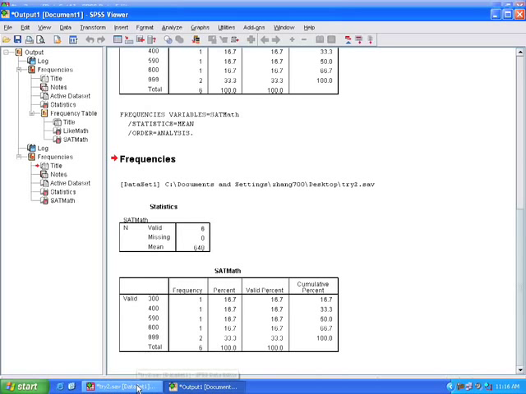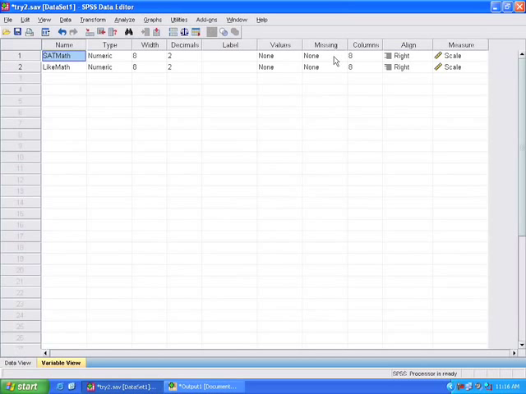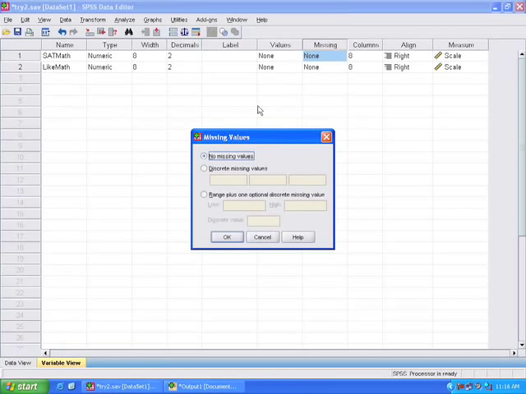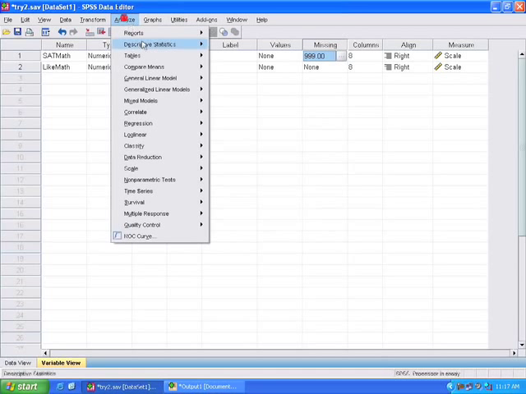Well, to do that, we go back to our SPSS views, and we go to variable view, and we look at what is being treated as missing in that missing box. So you just double click on that, and currently there's no missing values, so let's go ahead and put a set of missing values. SPSS allows you to have 3 missing values, and so we only need 1, and put 999, click OK. Now if you run that frequency again,